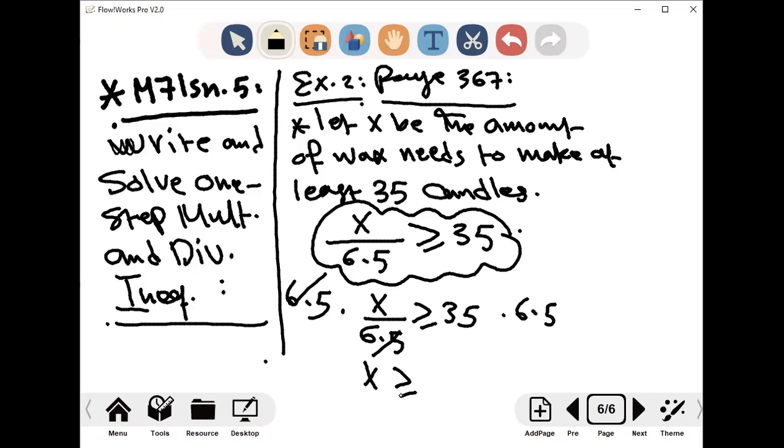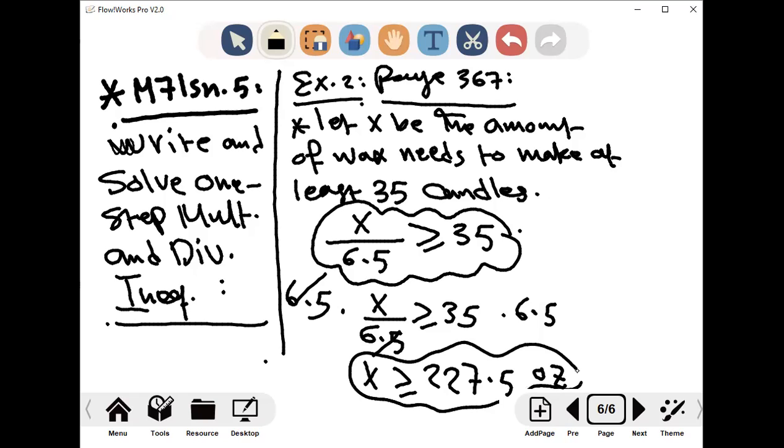Now 35 multiply 6.5 is 227.5 ounces. What does this mean? It means this lady needs to go to the shop and buy 227.5 or more. If she bought less than this,